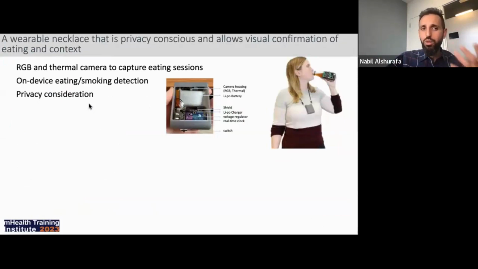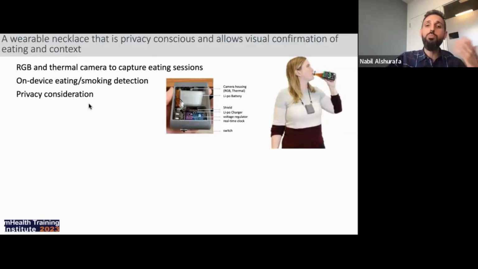Another wearable: again, we began to advance our wearable sensors to incorporate RGB and thermal sensing. And here, the other sensing modalities did not always produce reliable results, and we always needed participants to wear a second device to visually confirm the behavior.